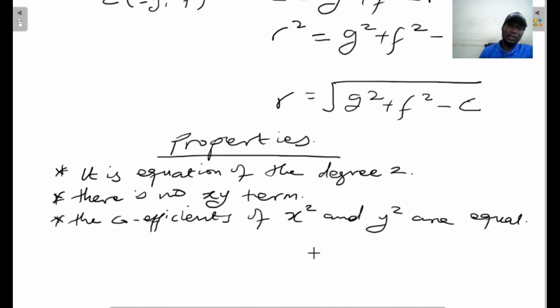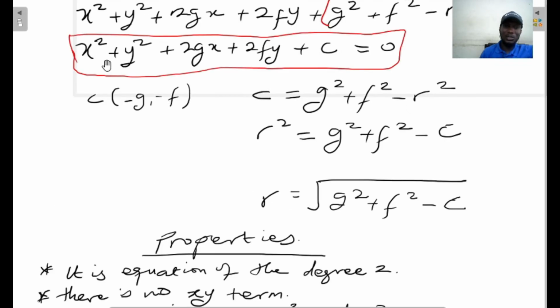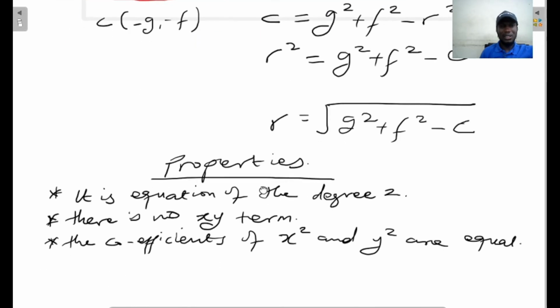Yeah, the coefficient of x squared and y squared are equal. It's not always that the coefficient of x squared and y squared are 1, but they should be equal. Whatever the case is, they should always be equal. So if here is 3, here should be 3. If here is 4, here is 4. So with this, at times you can meet some of these things in your exams, and you need to remember